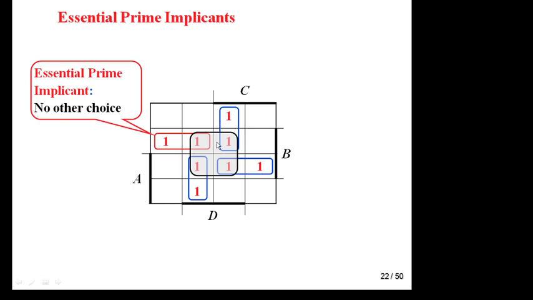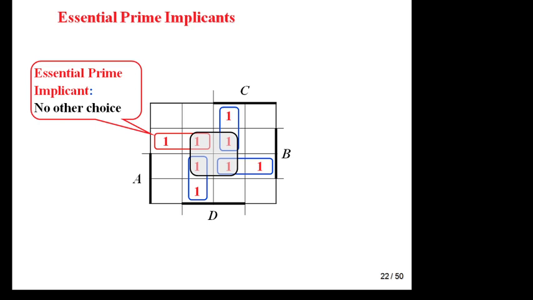Similarly, in this case, this is EPI because this one is unique. This one is unique, and this one is unique. But this quad is not EPI because all 4 minterms are already included or involved in 4 pairs. So this is not EPI. So what is the answer? Sum of all EPIs is